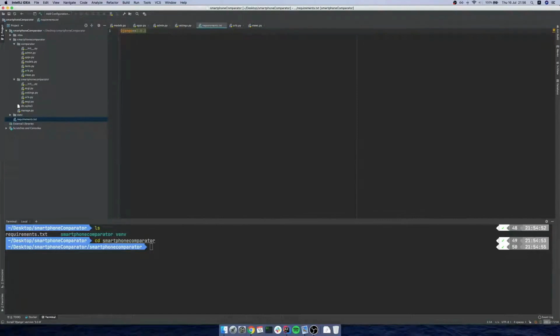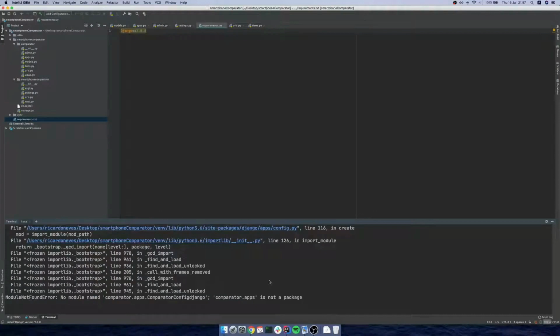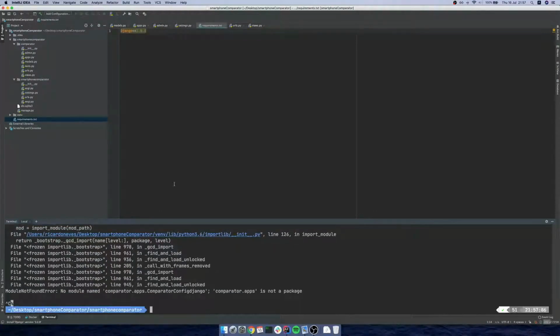So, how to create models? Let's start from the beginning. Models are just ways to define your data, right? And one important thing to note is that if I try to run my server, okay,